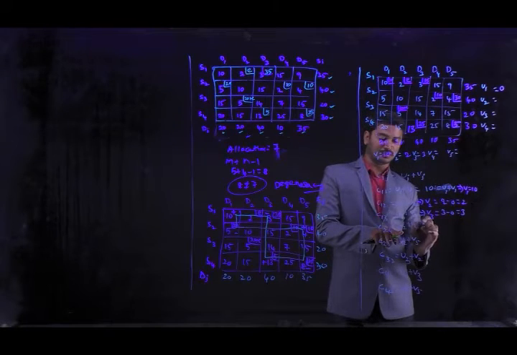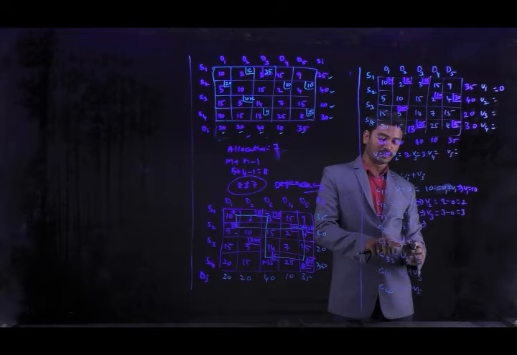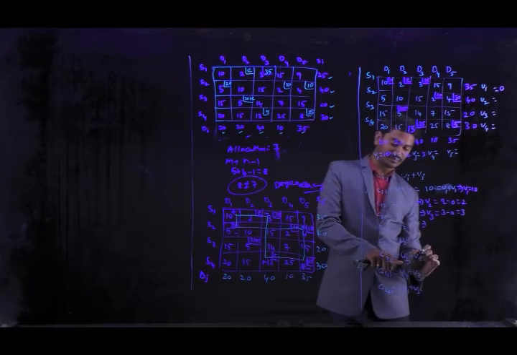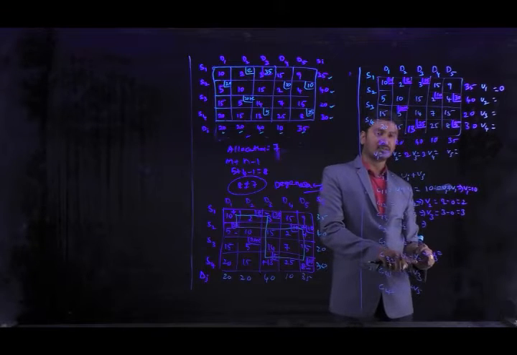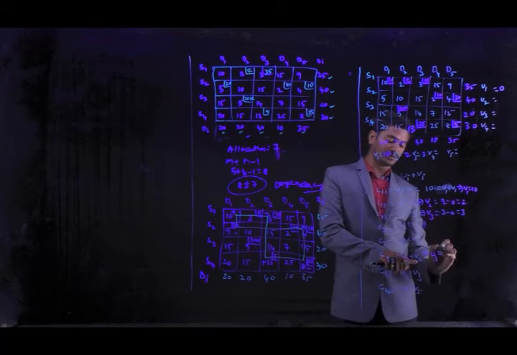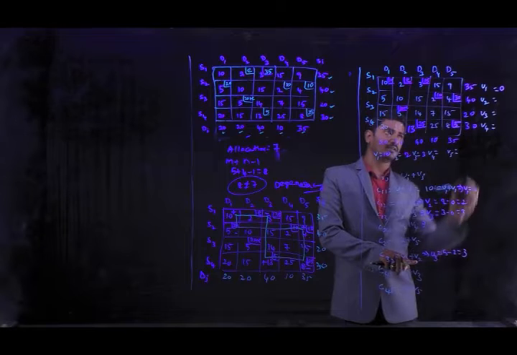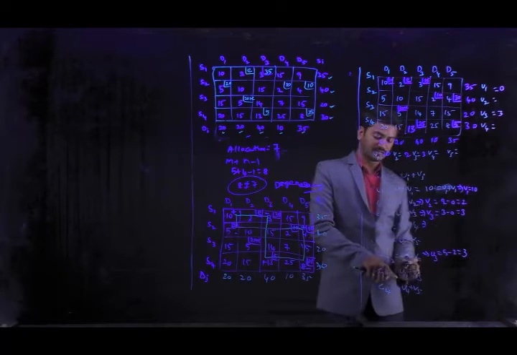Next, U2, here we don't know the U2, so we go for another one. Here also we don't know U2 and V5. Next, coming to this, here we know the V2 value. From this, we are going to get U3. U3 is equal to C32, which is 5, minus V2. What is the V2 value? 2. So we obtained 3. U3 is 3.